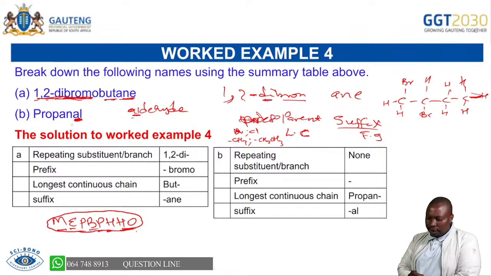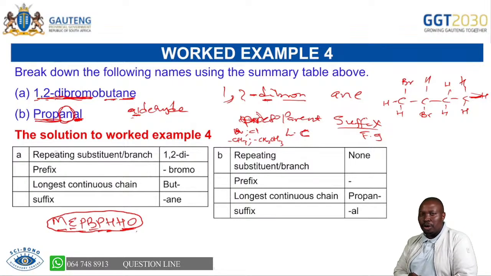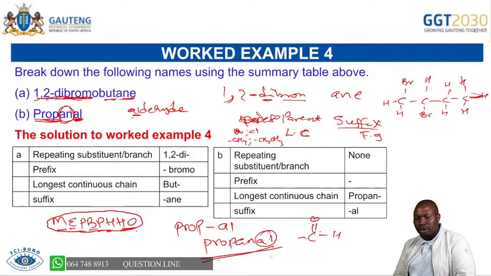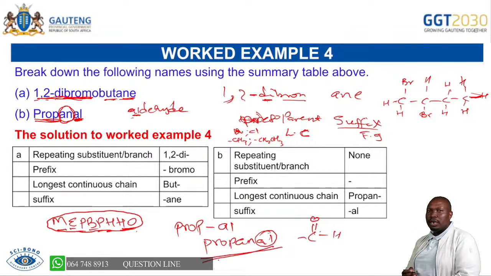So it's propanal, which means it's al, and the three carbons is prop, but it is saturated. There is no carbon-carbon double bond, so you write the an there. You can't write prop and then al. No, it must be propan, then you write the al: propanal. And because the al is always in carbon number 1, remember for aldehyde the structure will always start like that, you don't have to tell us about the position of the al. You don't have to tell us where we find the al.